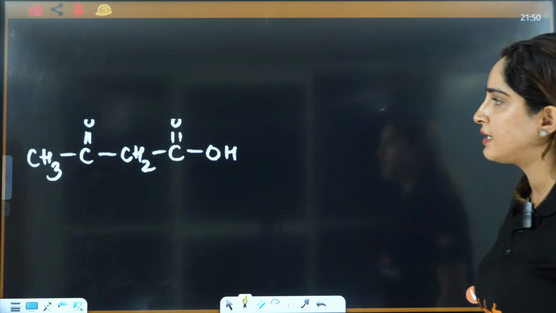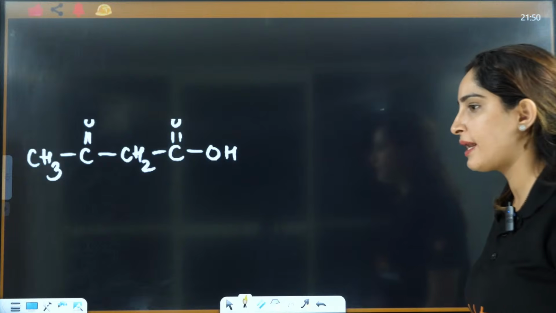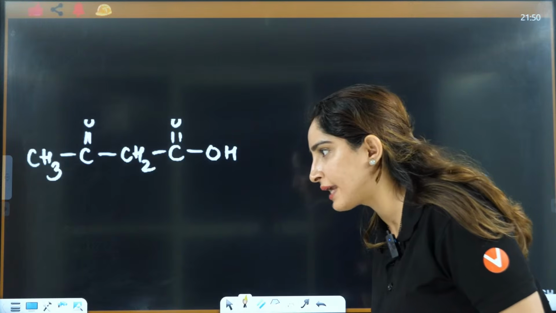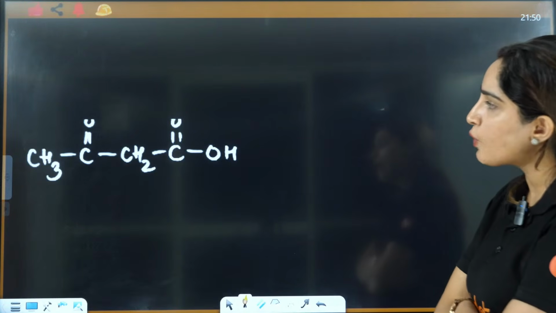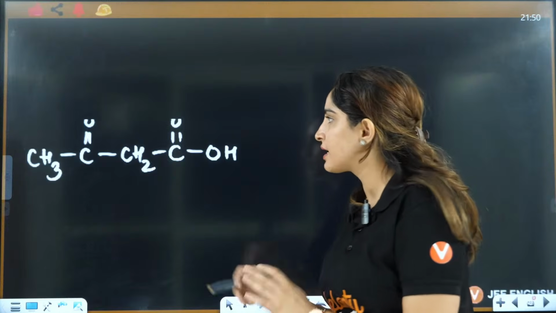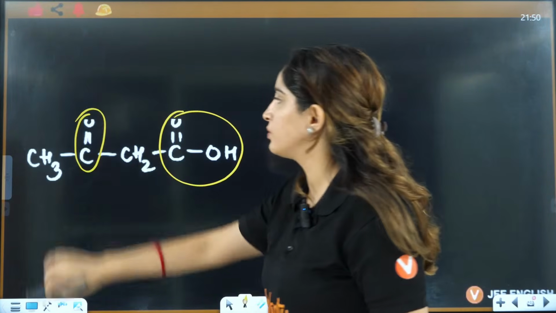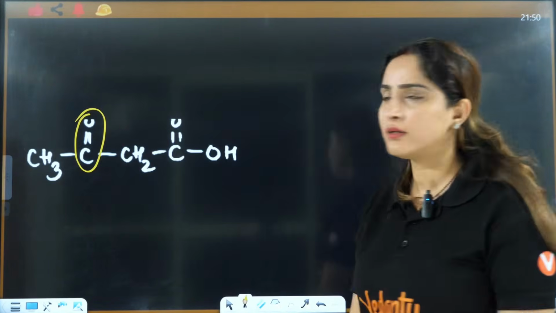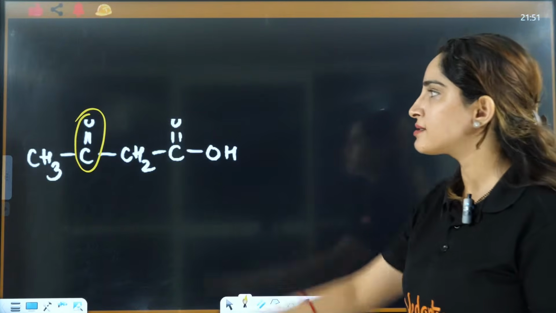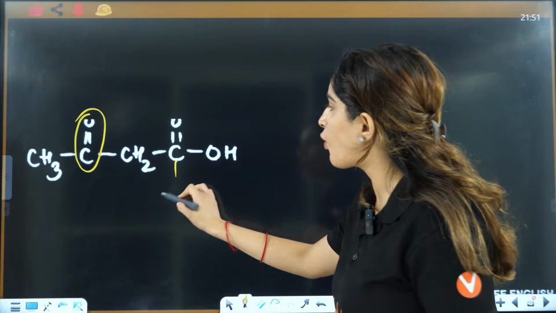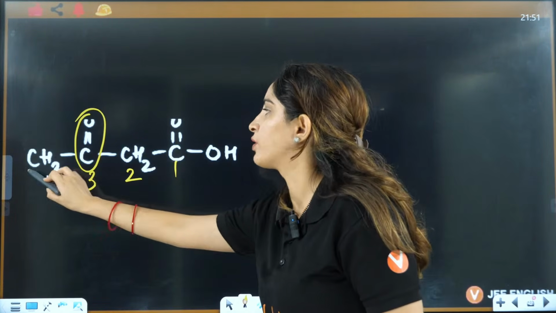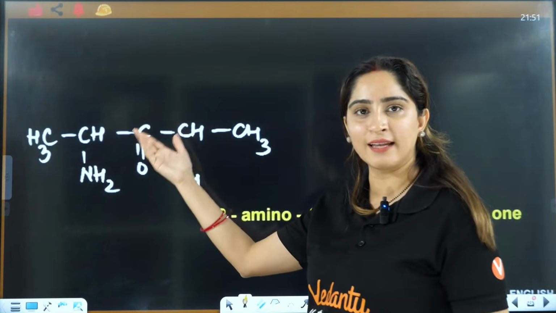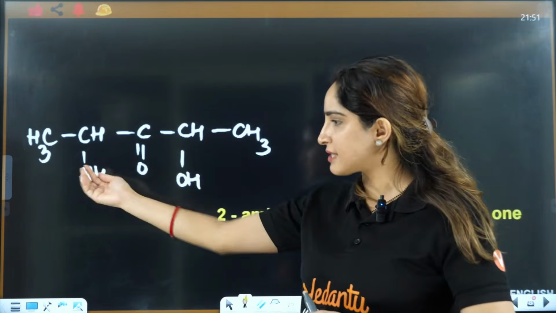Next, you have this one. Now you have 2 things, one is COH and one is CO. Which will have more priority? Carboxylic acid, obviously. So this is your main group, that is the substituent. Numbering will be according to main group, so it is 1, 2, 3, 4. Here the question of numbering was because the main group was always getting 3, right? So that's why we were discussing whether from this side or that side.